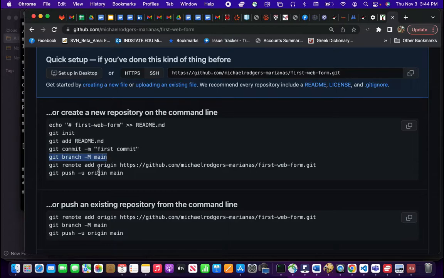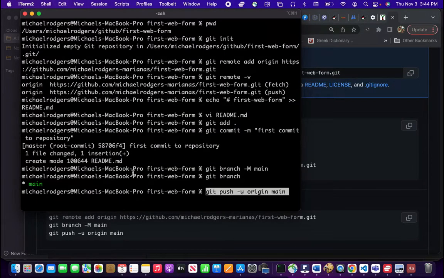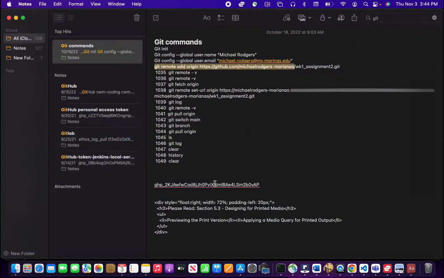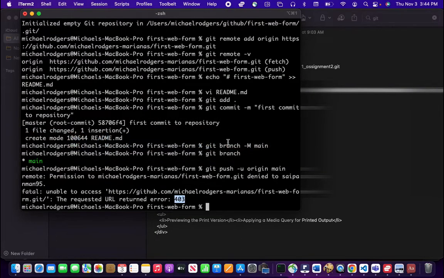We've already added the remote, so let's copy this, and I believe this will fail because it's going to ask for credentials and we don't have it, so we're getting a 403 error, right? All right, so in order to do that, we're going to go back and do a git set remote, grab all of that information, right? Including your,